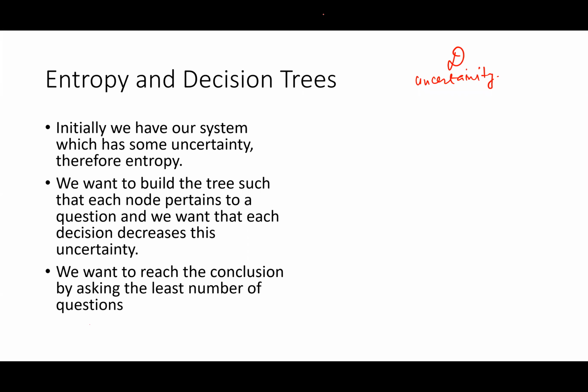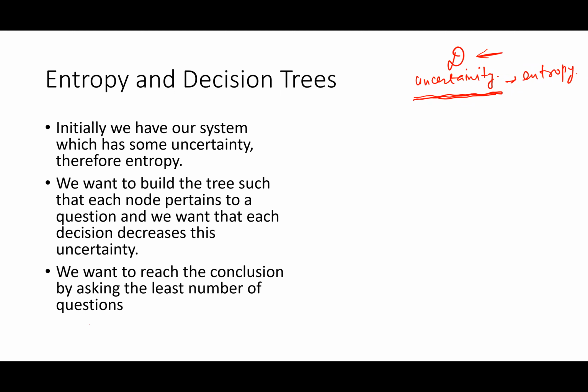Okay, sorry. Now before formalizing these concepts, I want to convey the connection between entropy, information, uncertainty, and the decision trees. Fine. So the connection is something like this. We have our system, and by system we have our data set, the training data set D. And we don't as of yet know the decision tree we have to construct such that we can classify a particular example point. So there is uncertainty in our data set, which means we have a higher entropy.